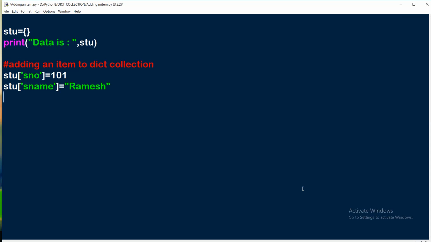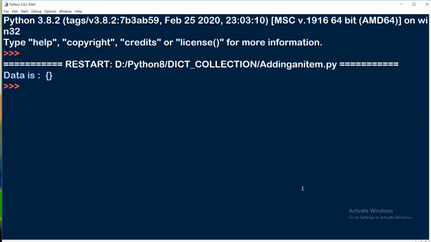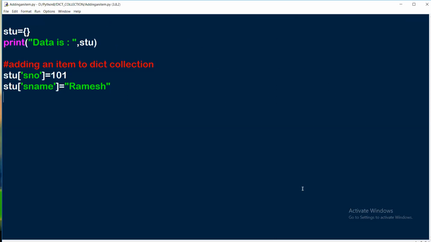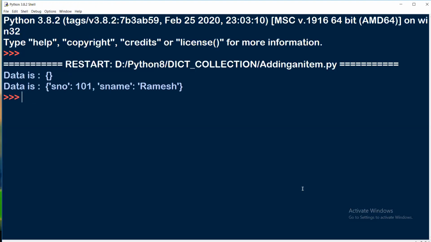Friend, now I'm not using any method, rather I'm using only attributes. Let me run this. You can see now these two items are added into the dictionary, absolutely added. But have you seen? No. Reason, have you printed? No. We just have to print it. Then write STU as a test so that you will get the two items in the dictionary. You can see SNO 101, SNM is something like Ramesh.